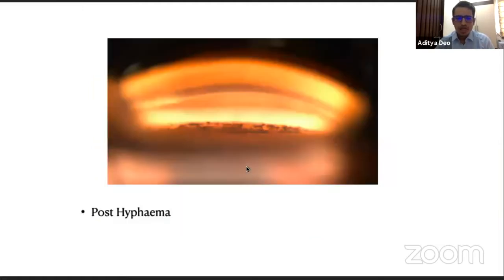And take a look at this gonio photograph. This looks like neovascularization. There is atrophy of the uvea, some blood on the iris, so we might label it as neovascular glaucoma. But on external examination, you see some uveal tissue incarceration superiorly that is causing that picture. And such pictures also are seen post-hyphema. So gonioscopy helps you in the diagnosis of previous trauma and hyphema.